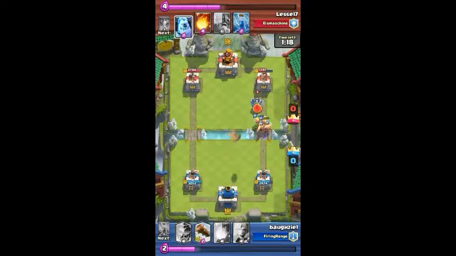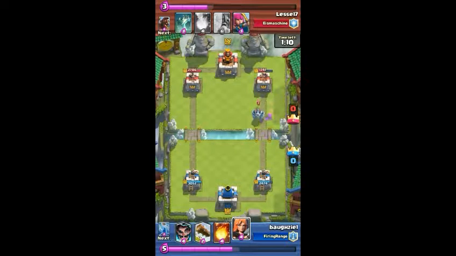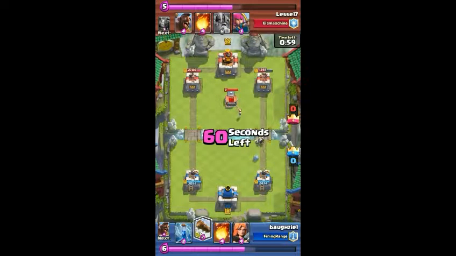He does deploy a Mega Minion. I go with another Deep Goblin Barrel, and he does zap in time this time. So then I play another Electro Wizard, but I think he fireballs on this occasion. Nope. Okay. So